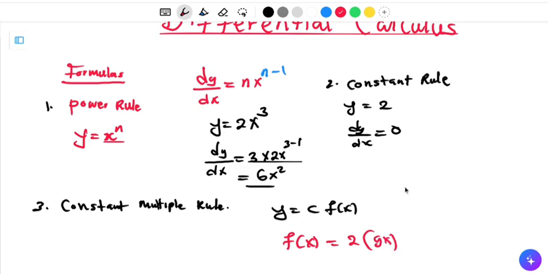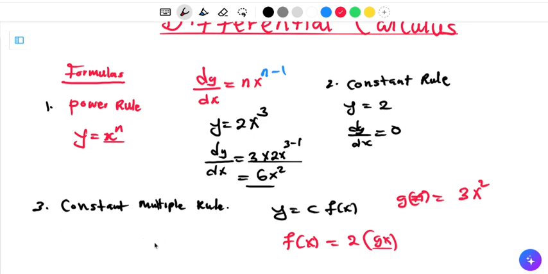Let's say this g of x is 3x squared. So how are we going to find this one? To find the dy/dx of this one, we're going to find the dy/dx of the inner function, then multiply, and then find the dy/dx of that. But in this case, to make it easier,